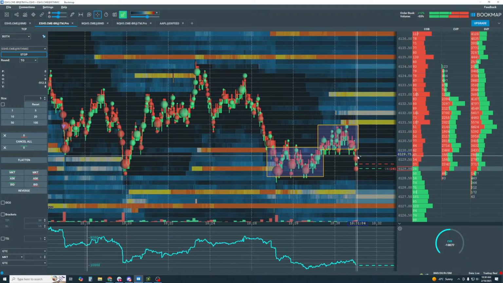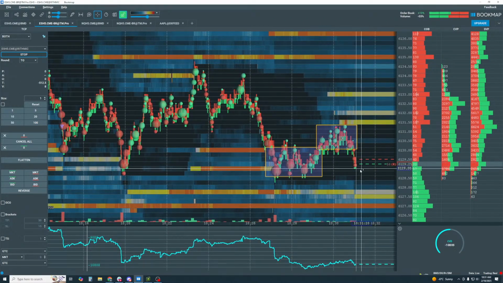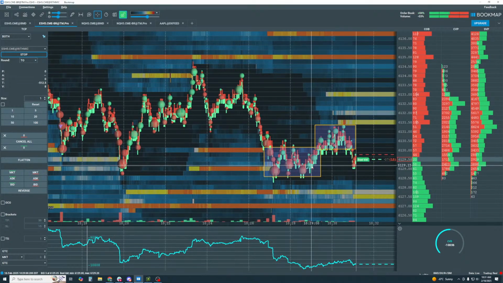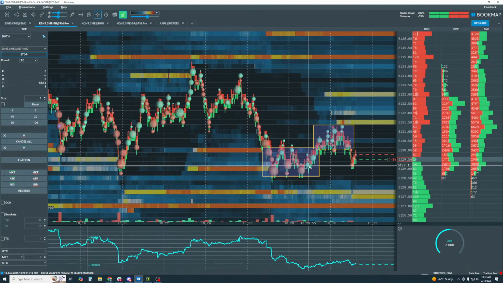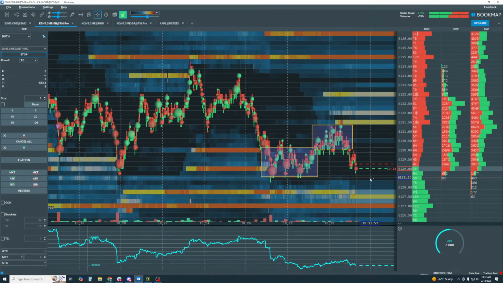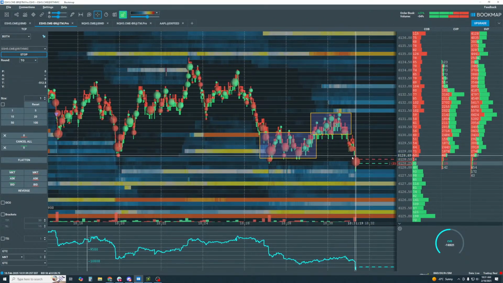Now we see this all the time. Now these buyers in here are going to get stopped out on the way down. Okay? If they can't buy again here, right here at 29, then I'm looking for sellers to take it down. Okay, so it looks pretty good. There come the sellers, right?